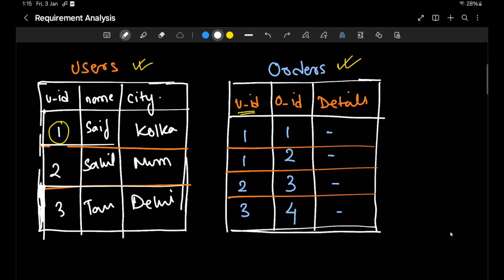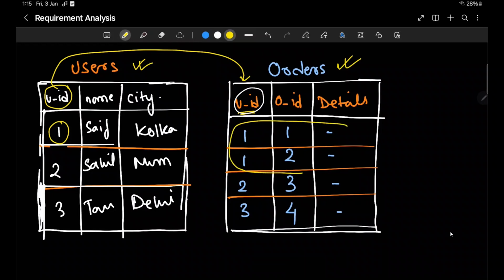So that's a link connecting both of the table. So using this link, if you see, we can get to know all the orders placed by the user ID 1.